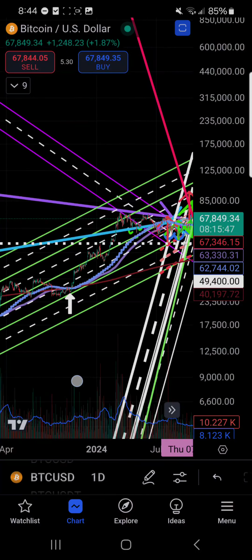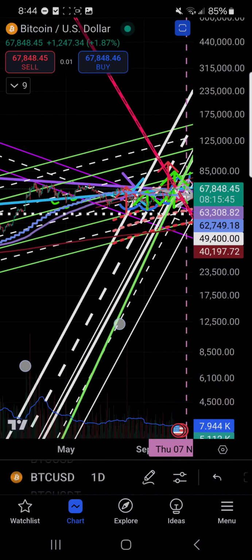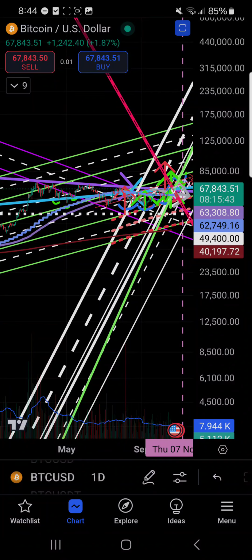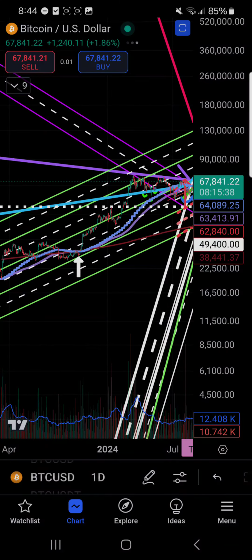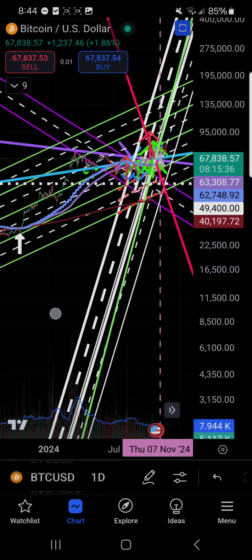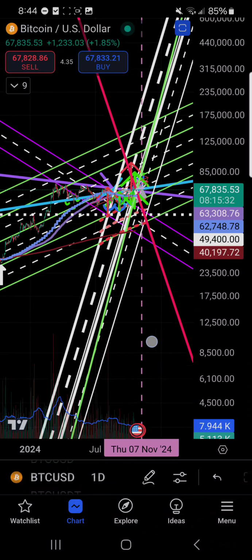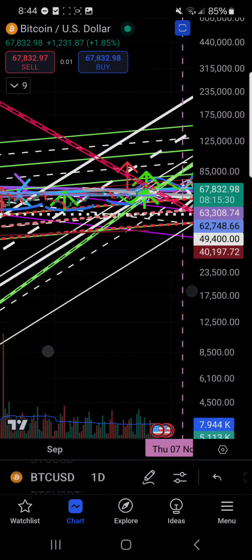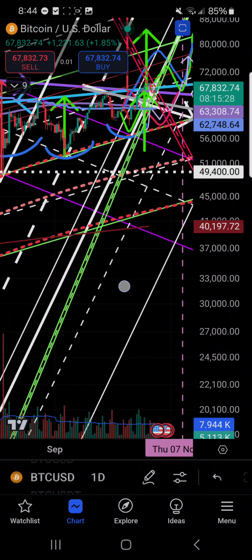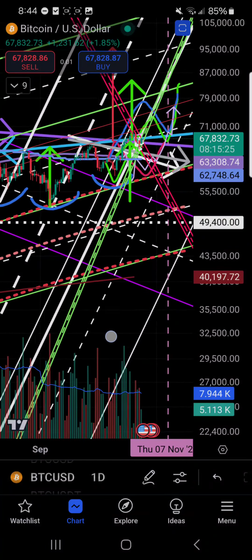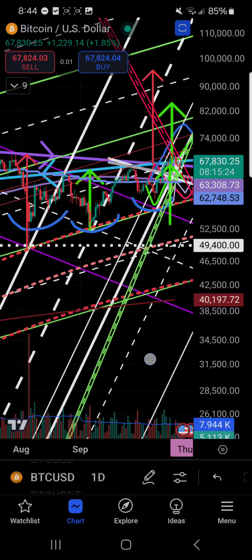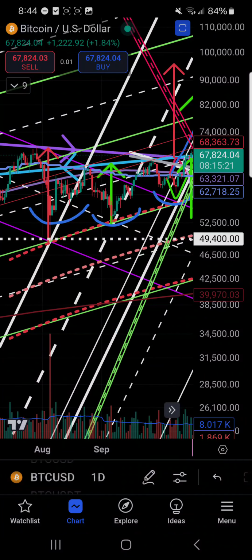What the hell's going on here? Those are our parabolic bull run patterns, or channels, I should say. You know what? I am on the Coinbase chart. I don't know. Oh, I see what I did. Yeah, those are coming up off of the